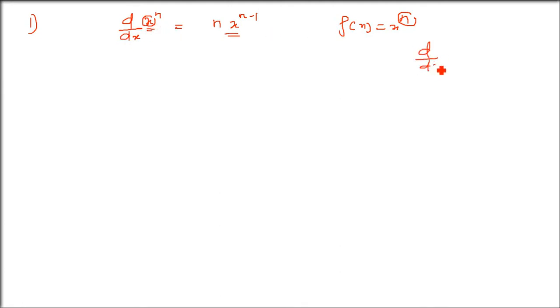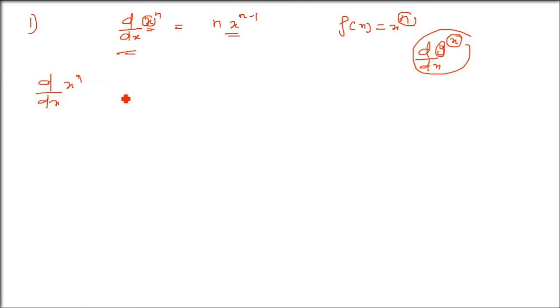So when we have d by dx of y raised to x, we are differentiating with respect to x, not y. Y you have to take as constant. Please remember, here only x you have to control; y and other things are constant for you. You don't have to worry about this. Only see x when you are differentiating with respect to x.